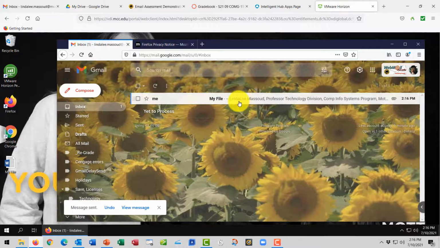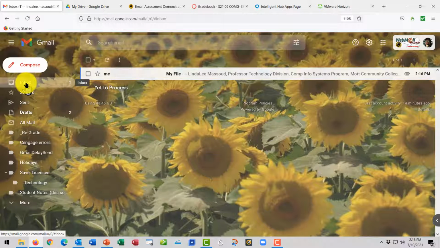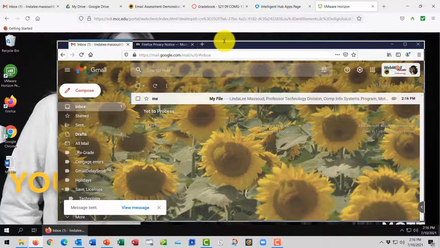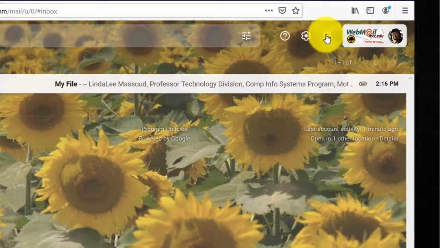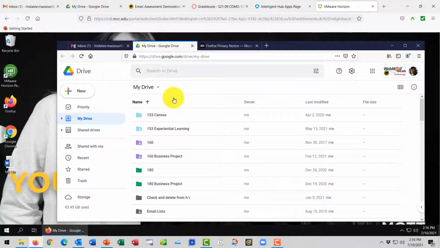Notice that it shows up here in the VDI, and if I look over at my desktop at home, my local computer, it also shows up over here. So it's in both places. It goes immediately. Alternatively, if you wanted, you could go to the Google Apps button and go to Google Drive, and yours is probably empty and mine's very full. And I could just drag my file over,